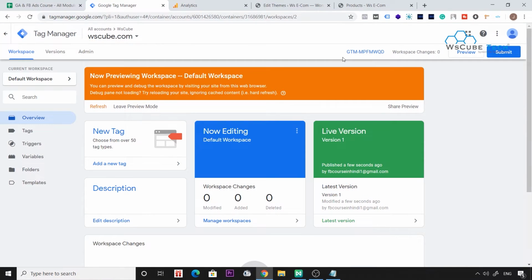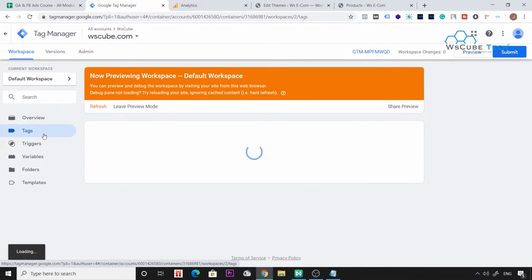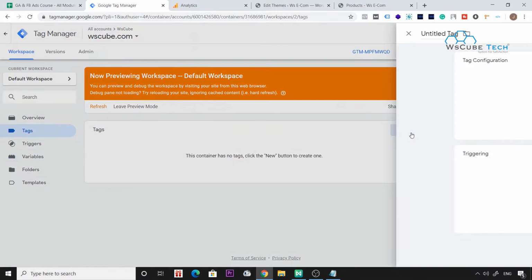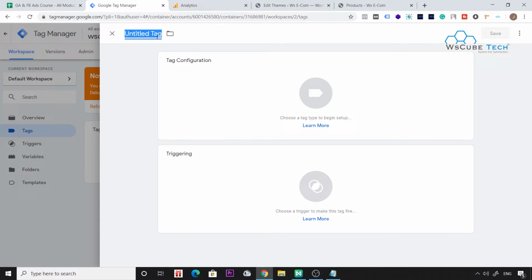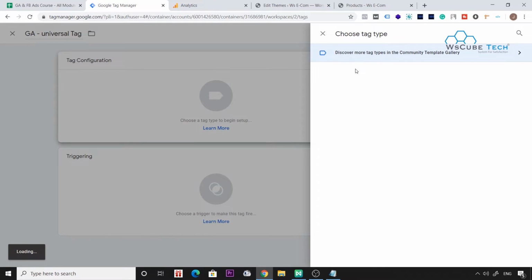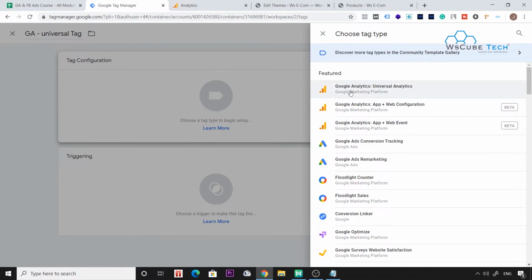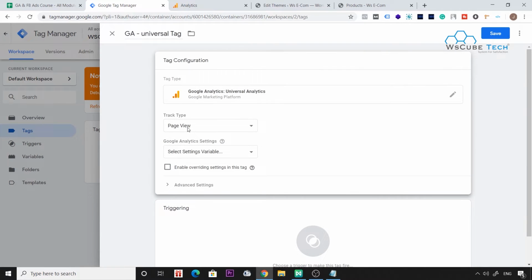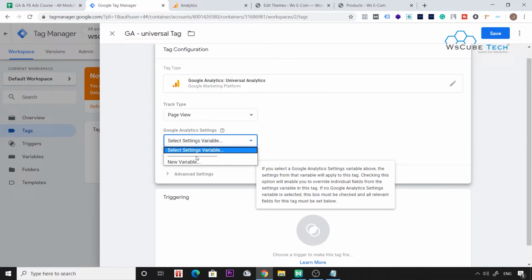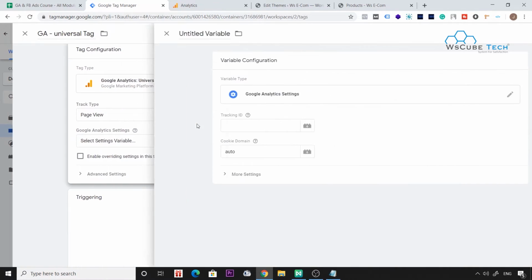So we'll come back to GTM and we are saying that we want to put a new tag which is Google Analytics. So we'll be clicking on tags, we'll be clicking on new, and we will be writing here Google Analytics universal tag. Now we'll be selecting the tag configuration, and from here we will be selecting Google Analytics Universal Analytics. So we'll be clicking on it and we will be tracking page view, and now we have to put our Google Analytics ID.